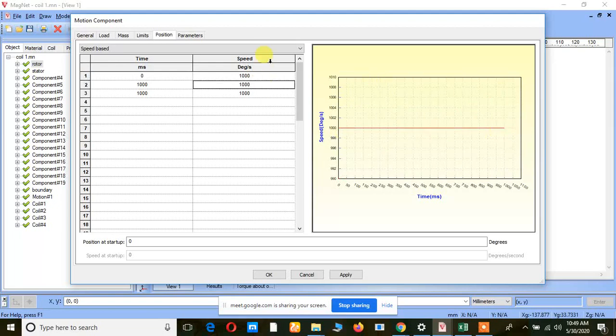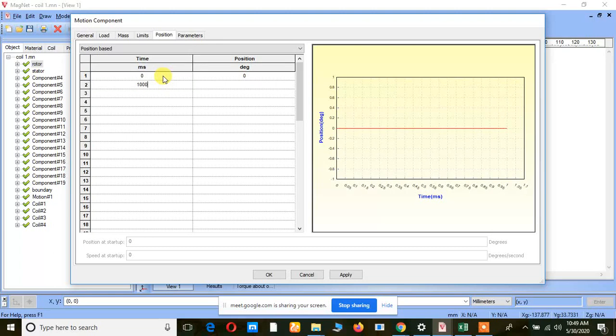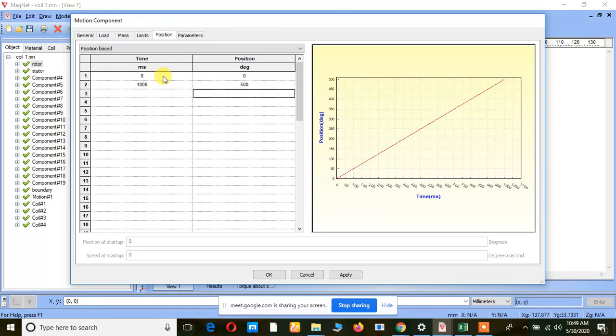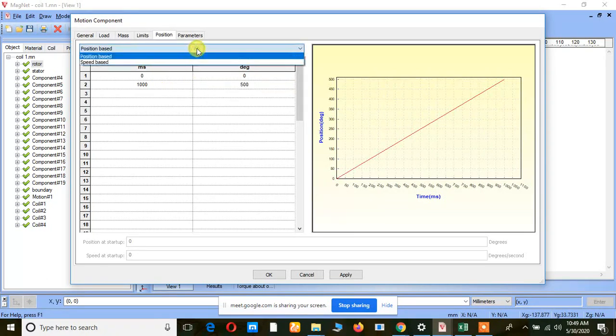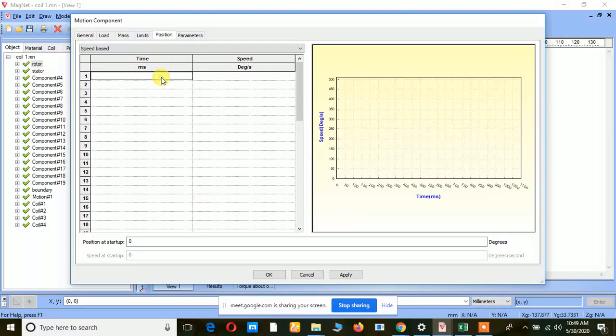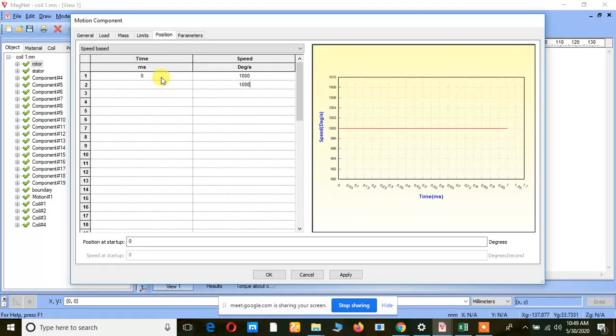If it is a rotation angle, then the graph should be linear. The graph should be linear in the case of the rotation angle. If it is speed based, the graph should be constant. Now we have obtained a constant graph for the speed and now apply it.